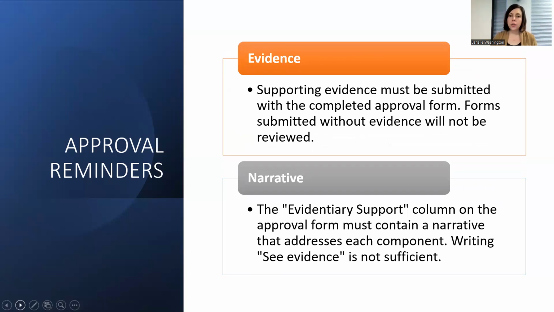Next, we'd like to give you a reminder about your evidence. Supporting evidence must be submitted with a completed approval form. Forms submitted without evidence will not be reviewed. Your liaison will send your form back and ask you to please include evidence. Please also make sure that your evidence is organized in a way that makes sense, ideally by quality components, or at least it's clearly labeled so we know what we are looking for if we have questions as we review